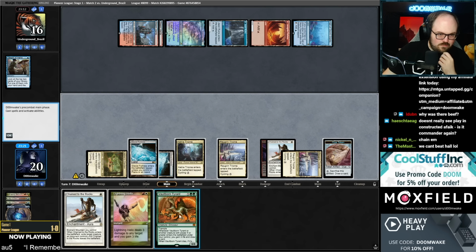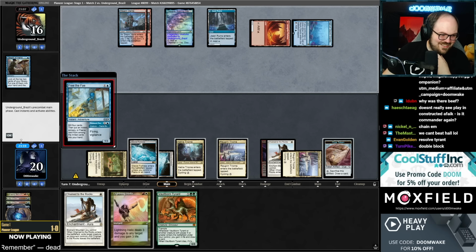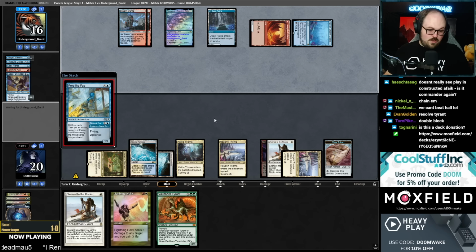Go. I guess we could just block with Vaultborn Tyrant. Yeah. That's a good point. I can just block with this fucker. Sure. Don't hate Cruise, please? Shit. Although maybe they'll play around another counterspell. I've already gone through 2, so...